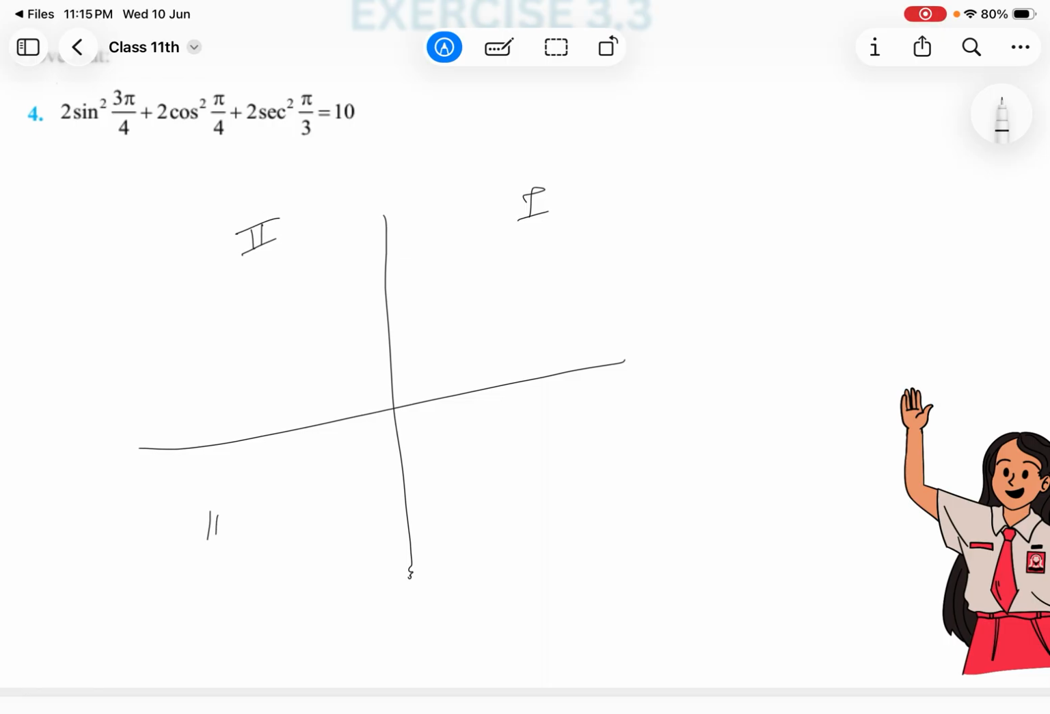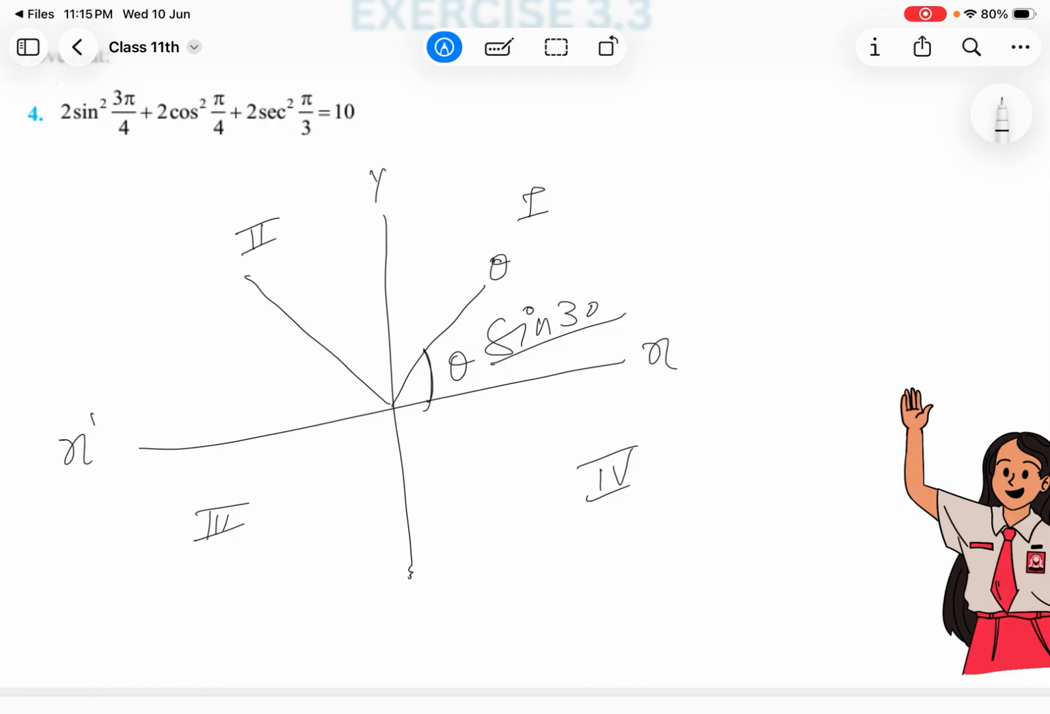quadrant, second quadrant, third quadrant, and this is the fourth quadrant. So when we see any angle theta with respect to x-axis, right? So suppose this is sine 30 degree, then it will be sine 30 degree only. Okay, when we see any angle with respect of this